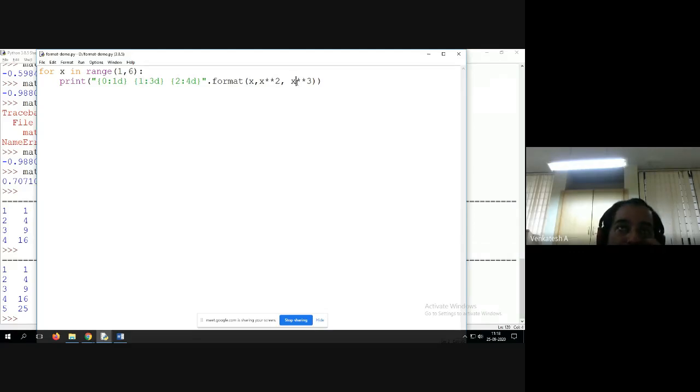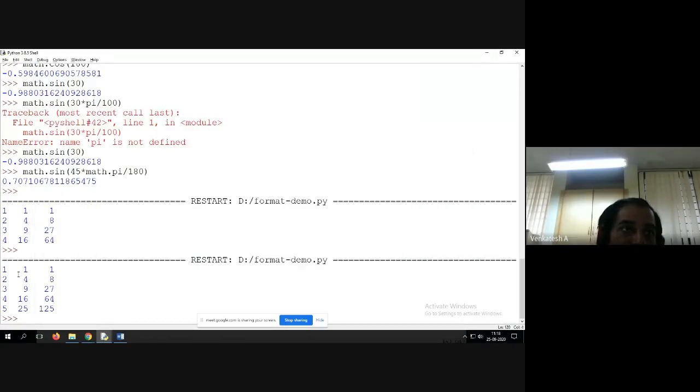Then x into 3, that is 3 times repetition, may occupy up to 4 digits, but you leave 2 digits space. You can see here, this is the spacing.